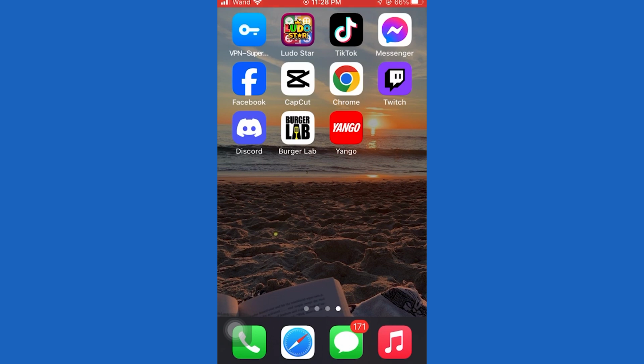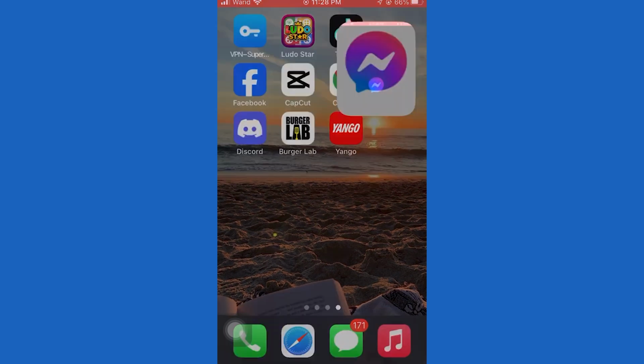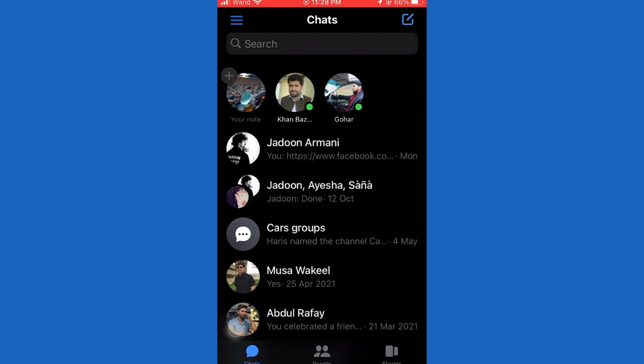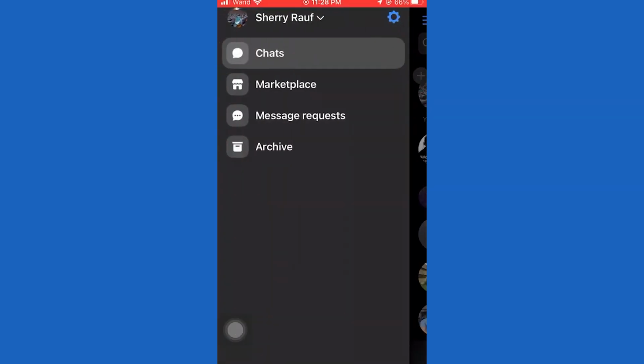Let's get started. First of all, open Messenger. Let's say that you have a Facebook account. You don't want to change your Facebook, you only want to change from Messenger. That's also actually possible. Once you open the Messenger app, you'll just land on this page where you just need